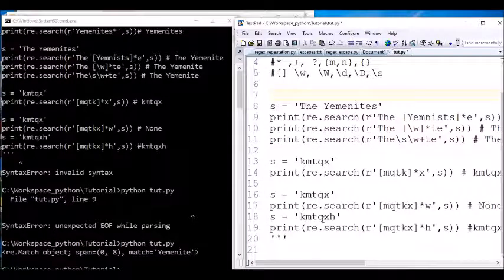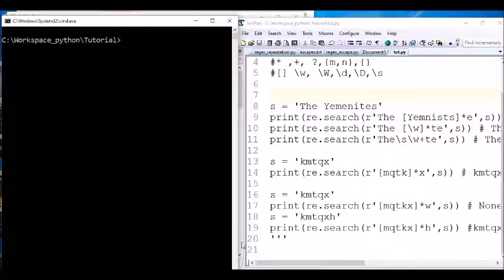Alright, let's see it on here. The Yemenite. CLS. Let's say okay, look at the first T H E space.